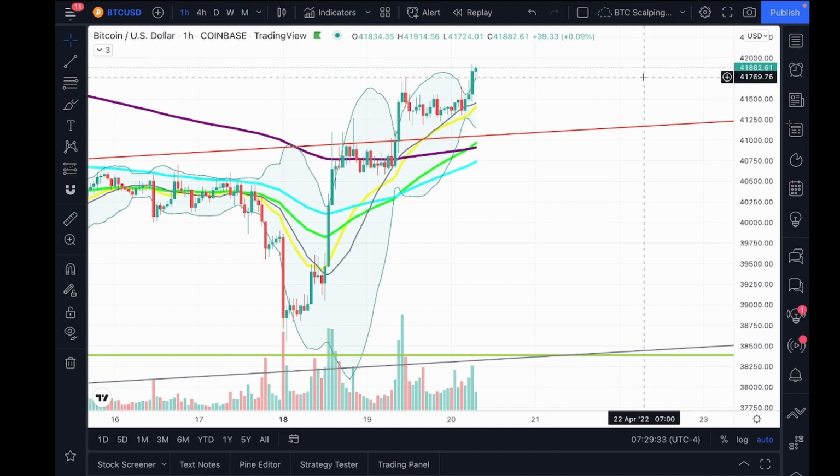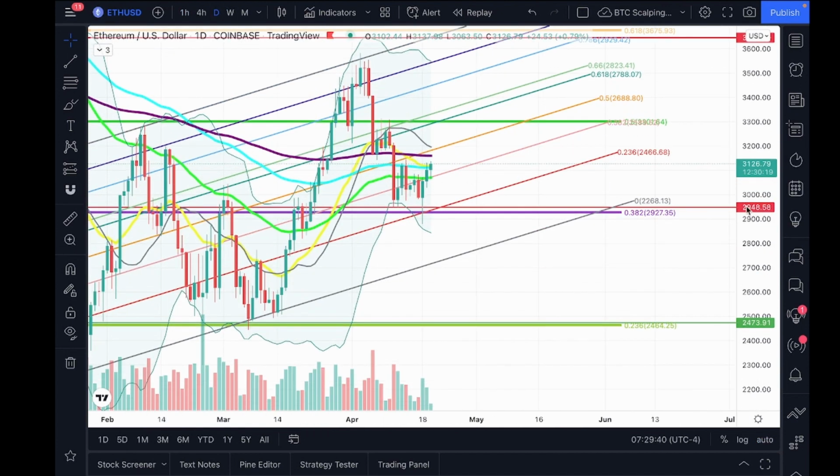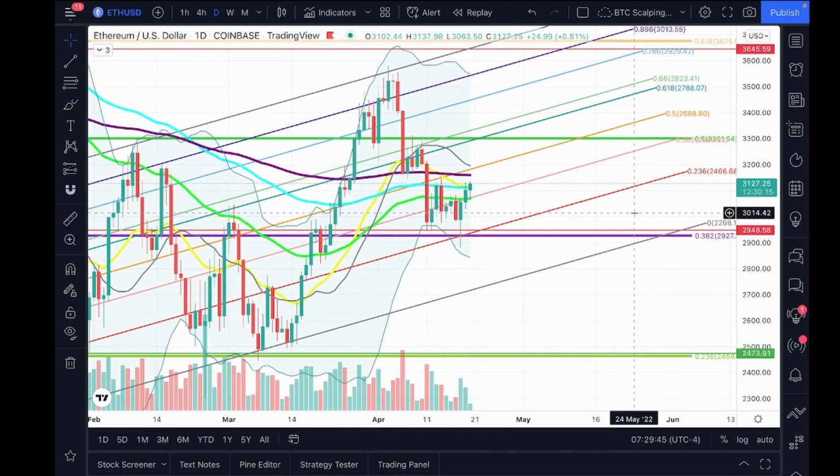And I am going to take us to Ethereum on a daily. Ethereum on a daily is actually a little bit stronger than Bitcoin. It looks like Ethereum is leading the pack. We have the 21 EMA above the 100 EMA, and price action is trying to test into the 200, but it's getting a little bit of resistance right now. If we can test and close above the 200 EMA, that would be really, really good for price action. We can open and close here today, and then we can try to go even higher tomorrow by taking out